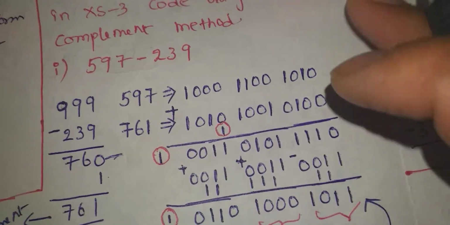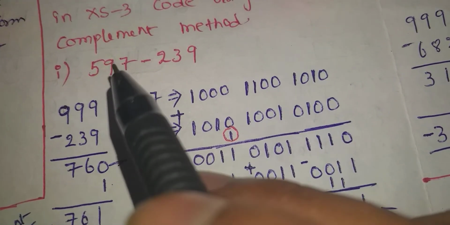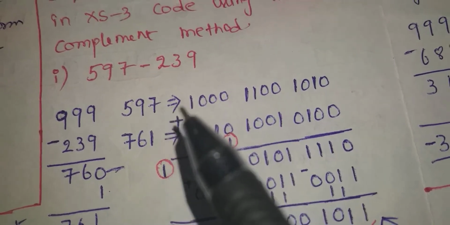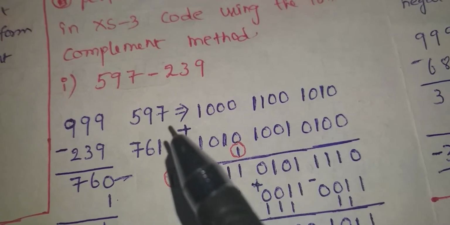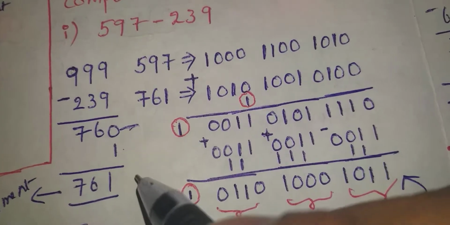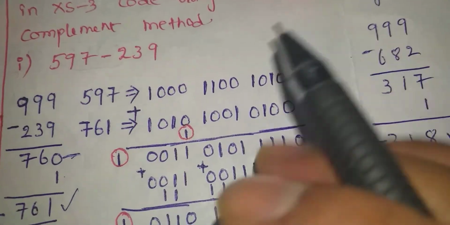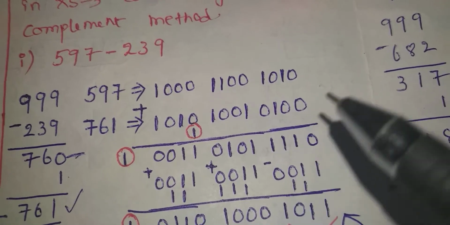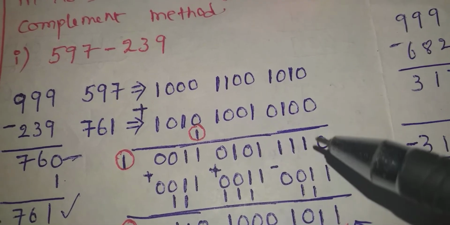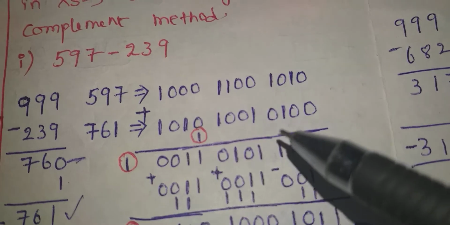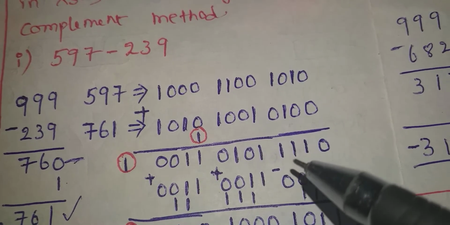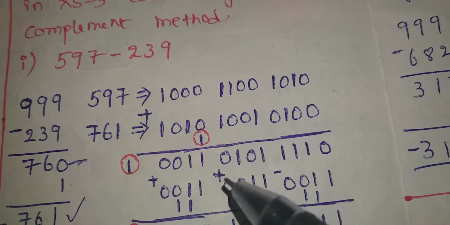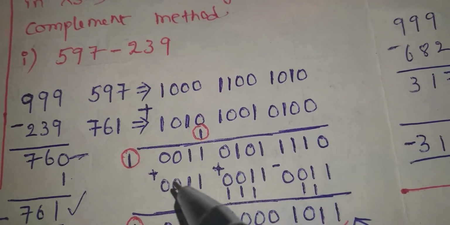Now look at this in excess 3. 597 is directly the minuend, then 5 is written as 8, 9 is written as 12, 7 is written as 10. Now it's 761. Now we know that 761 is the 10's complement. Then 7 can be written as 10, 6 can be written as 9, 1 can be written as 4. Now we know that after adding here, if you observe that after performing an addition, there is no carry here, therefore I have to subtract 3. Here, there is a carry, I have to add 3. Here there is a carry, I have to add 3.